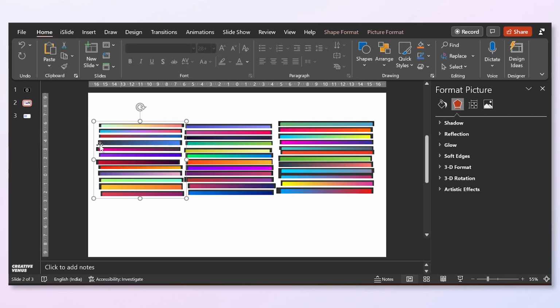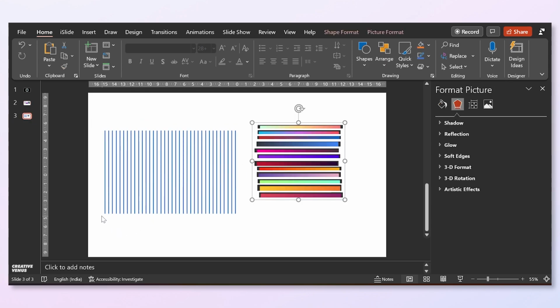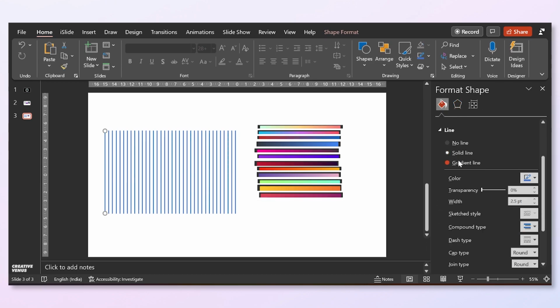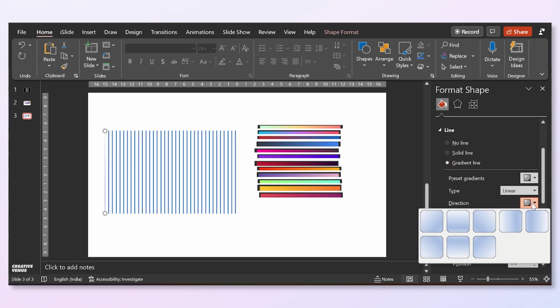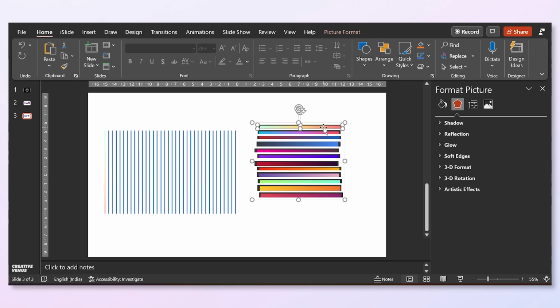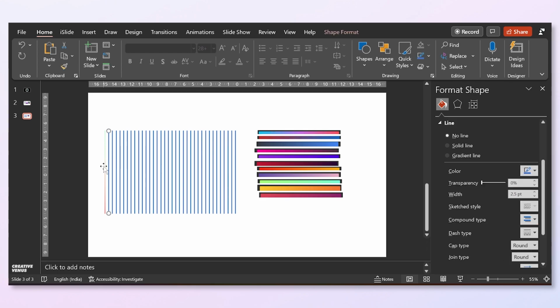So here I have placed the color palettes, 36 color palettes in the gradient form. So let's fill the gradient color in the line. Under line, click on gradient line and select this top to bottom gradient, and we need only 2 gradient stops. Pick the eyedropper tool and pick the first color, the left color, and fill on the left gradient stop, and pick the color from the right and fill on the right gradient stop. Then delete the first color, then select the second line